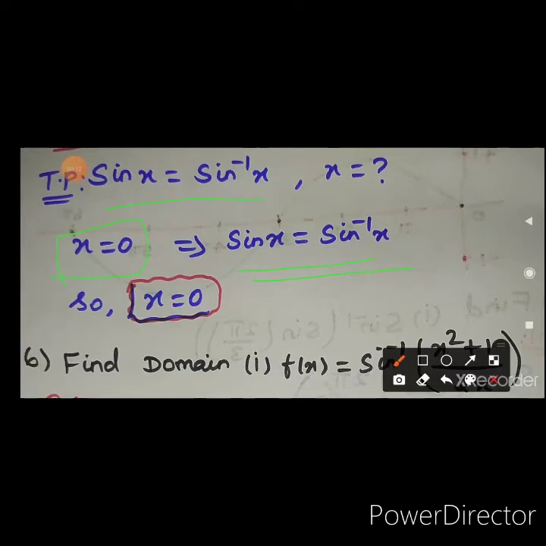On the positive side, as it is, (x square plus 1) by 2x less than or equal to 1. The 2x going to the right hand side: x square minus 2x plus 1 less than or equal to 0. This is the a minus b the whole square formula: a square plus b square minus 2ab. So x minus 1 the whole square less than or equal to 0.